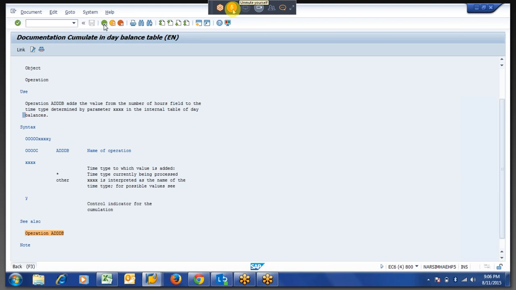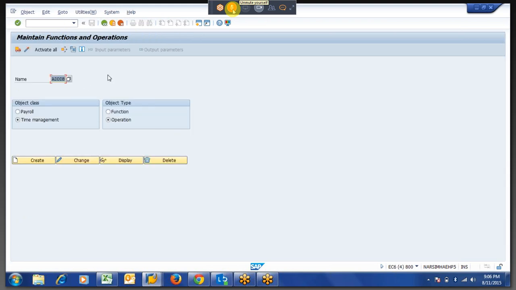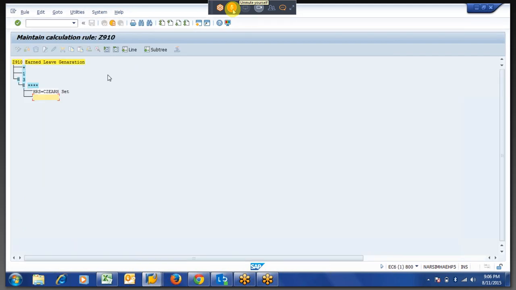Instead of going more into the documentation, you put the code, see the output, and then you will have some clarity on this. ADDDB is the function which adds the HRS field, whatever the number is there, to the day balance table. Continuously you have to give the time type, whatever the time type we created, Z901.